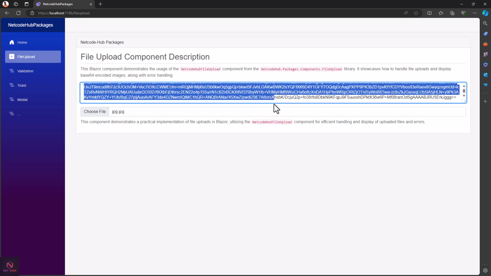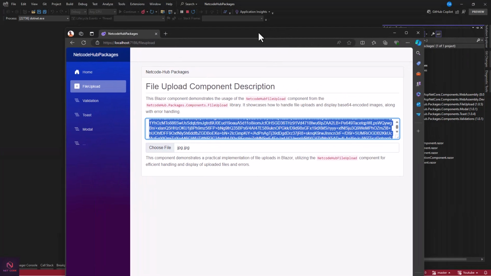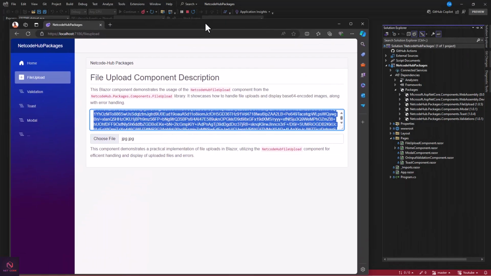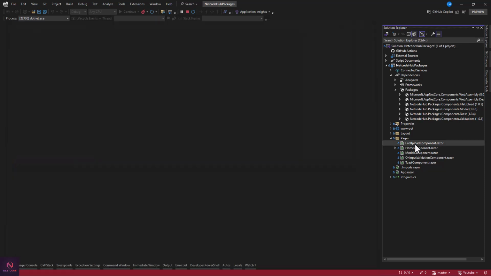All that I need to do here is after I have this image, if I want to keep it to database, I can now save it or start processing it. Let's check the source code and how this was formed. So when we go back to the component, that's the FileUpload component,